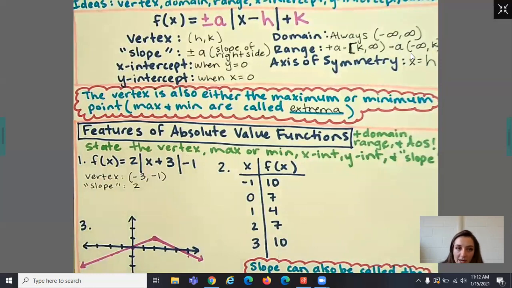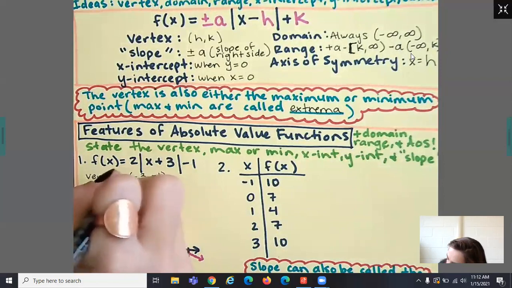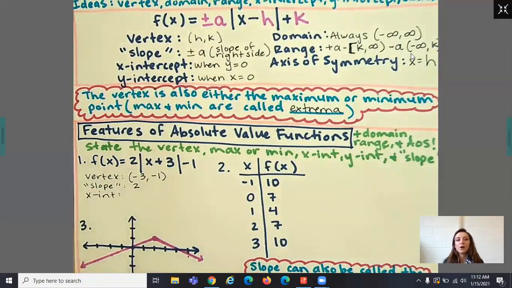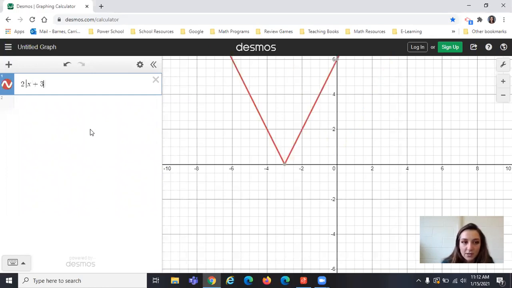Okay, let's look at the x-intercept and y-intercept. So for our x-intercept, this is going to be when y equals 0. But instead of solving for y equals 0, we're actually just going to use Desmos because you can use that on your final exam. So let's go to Desmos and we're going to type in this equation: 2 absolute value of x plus 3